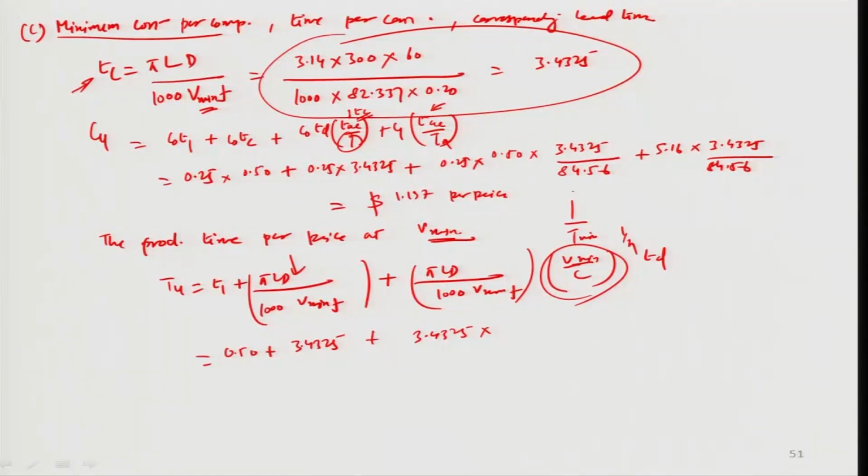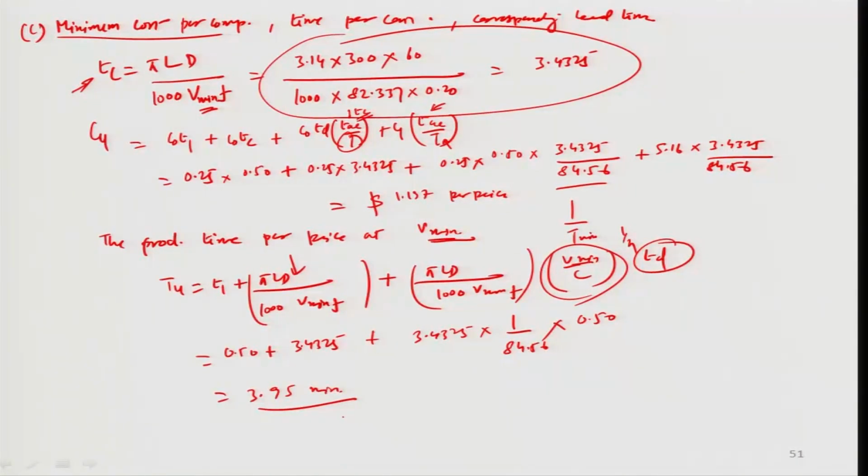So, T minimum was obtained as 84.56. So, I will just substitute that value here, 1 divided by 84.56 times of the Td value, which was again 0.50, the time to replace one cutting edge for the tooling operation. So, this is calculated as 3.95 minutes, and therefore, if we include the major setup time, which is